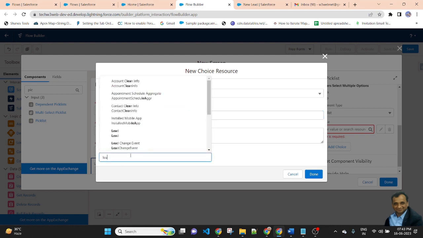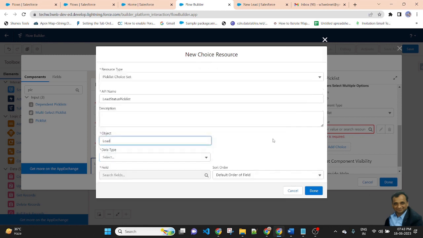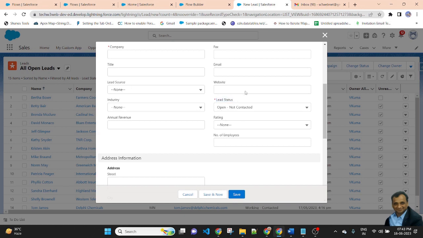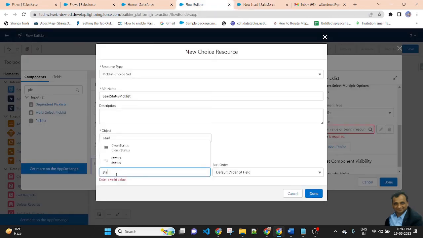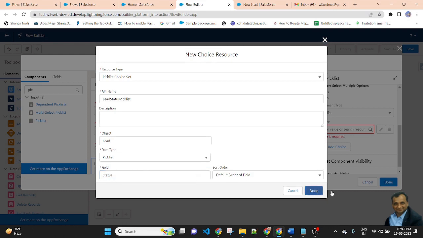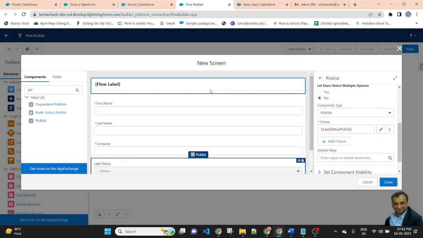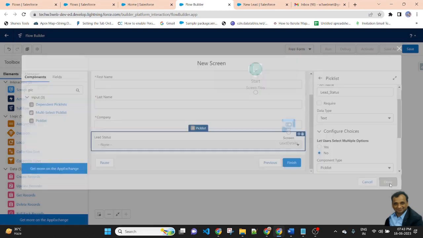Object name is lead, because lead status comes from lead. Select picklist, field name lead status. Then done, and the screen is finished.